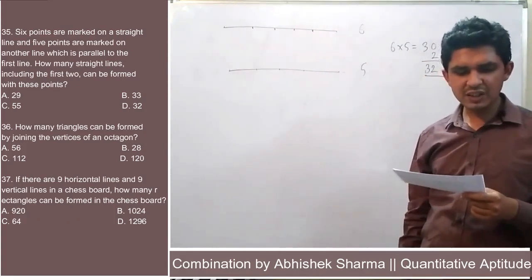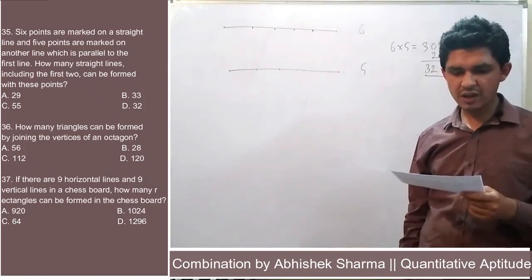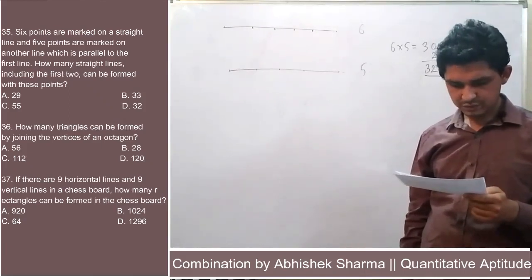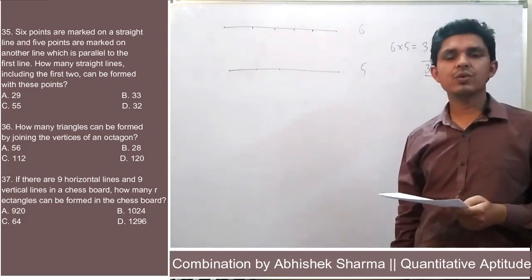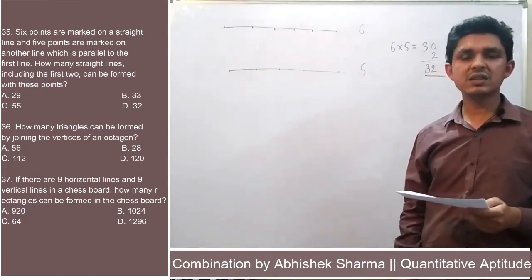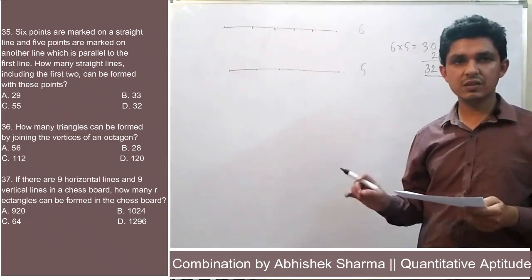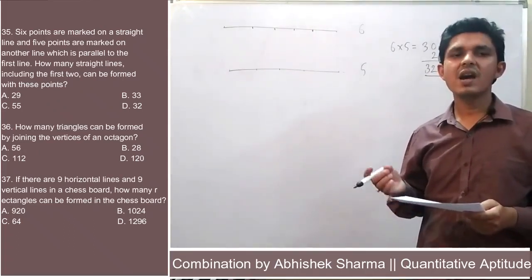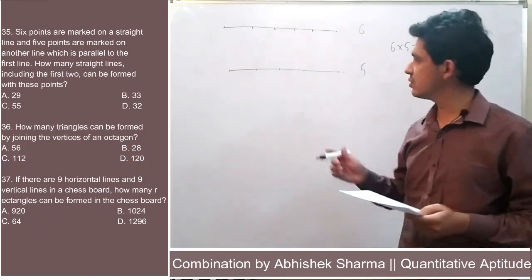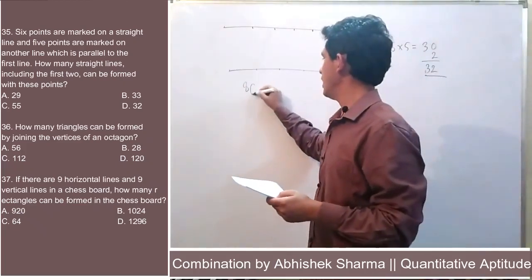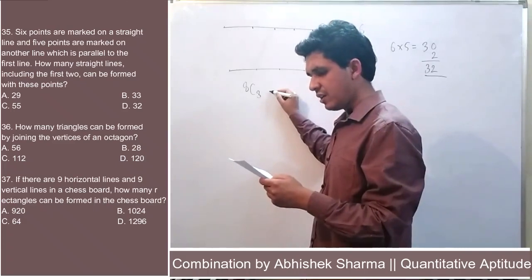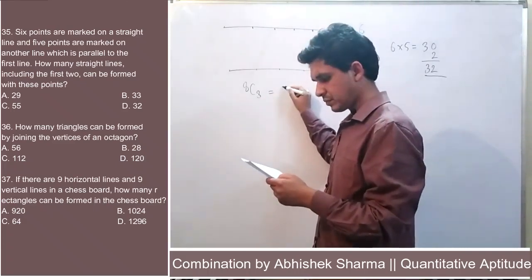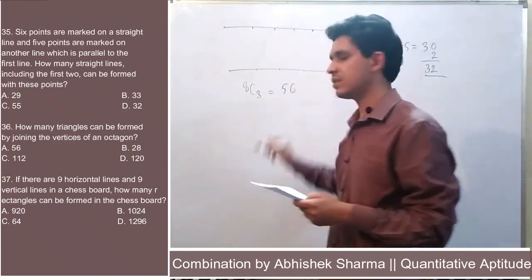The question is, how many triangles can be formed by joining the vertices of an octagon, right? So we know that an octagon has 8 sides or 8 corners, and we have to find the number of triangles. This will simply be 8C3, and the answer will be 56,